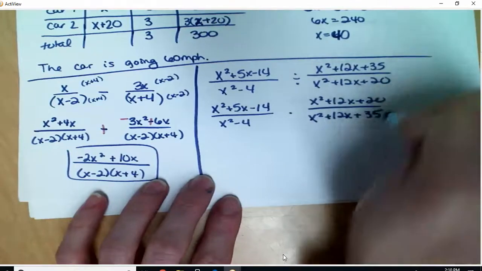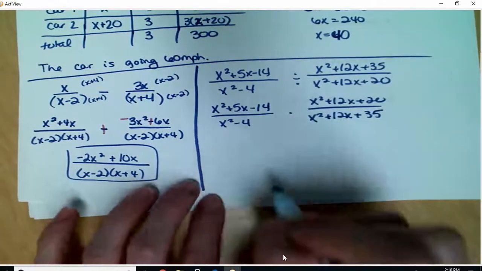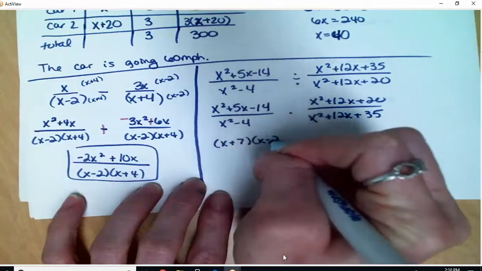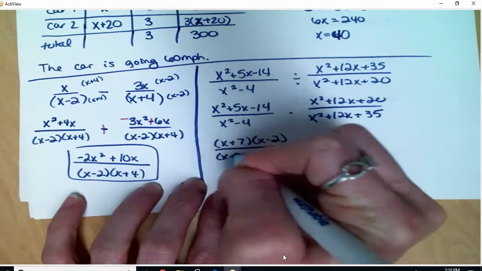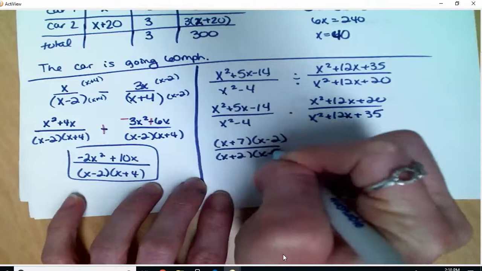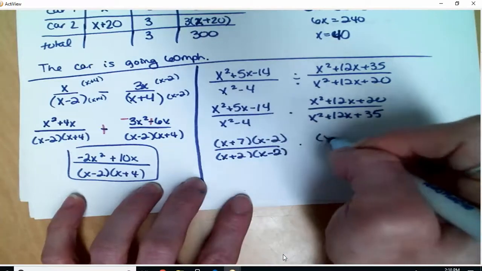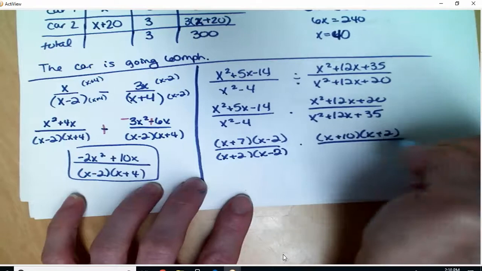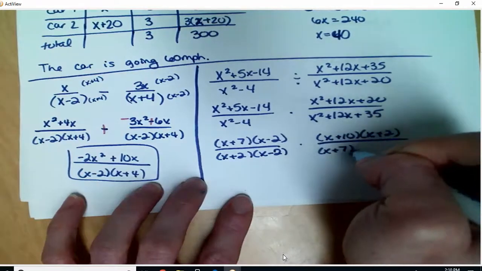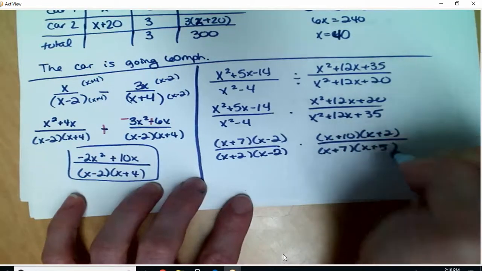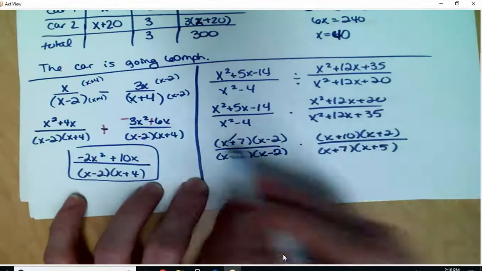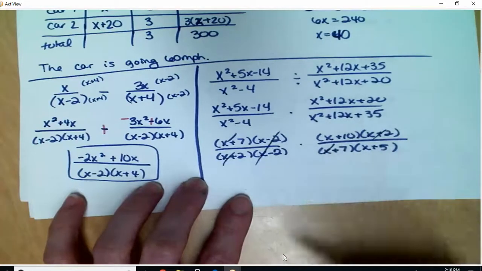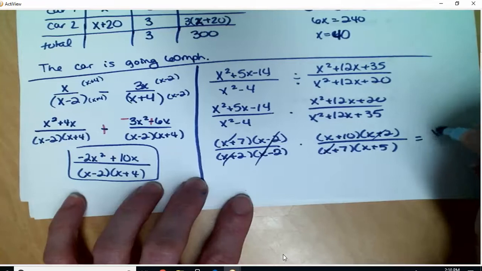Okay, I know the bell's going to ring on me soon. What do I need to do now? Factor. Yeah, so for the sake of time, I'm just going to quickly factor these for you. So you factor every single piece, and then what do? Cancel. Cancel things that show up on top and bottom. So after I factor them, I can drop an x plus 7, an x plus 2, even that x minus 2. We're just left with x plus 10